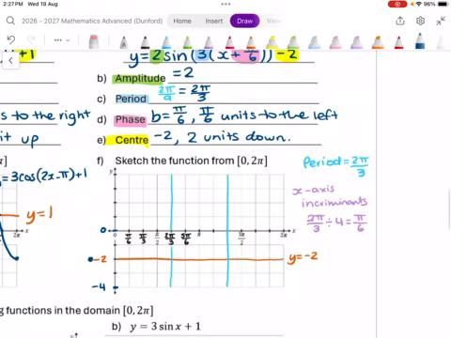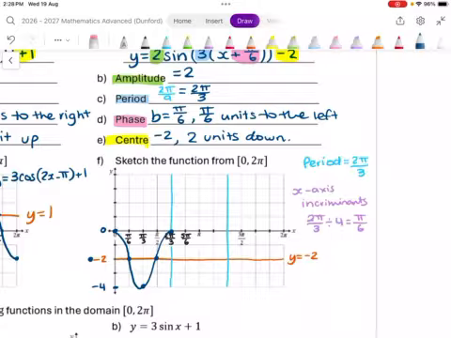So what happens is it goes up. So we're actually technically going to start up there at 0. At pi on 6 we'll be at our center. Pi on 3 will be at our minimum. Pi on 2, we're at our center. And at 2 pi on 3, we're back at our maximum. Does that make sense how we've shifted our graph pi on 6 units to the left with that dot? So then we just want to draw